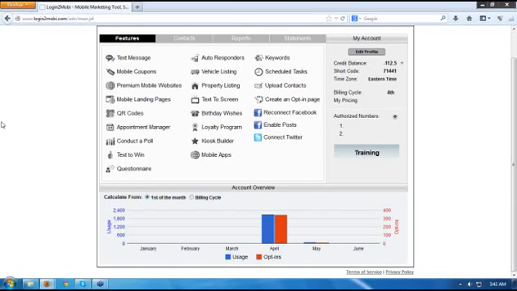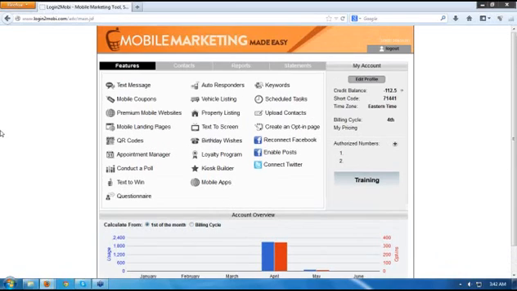But for now, as you can see here, what you're looking at is a system that we use to manage SMS campaigns. We've been talking about mobile coupons. We've been talking about text messages that you get whenever you subscribe to someone, which we also do here.